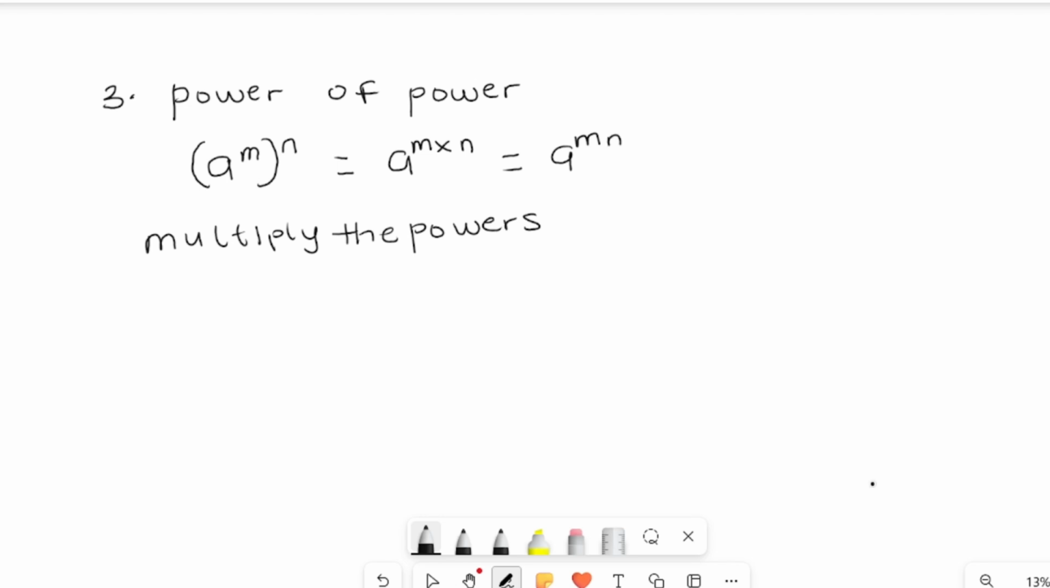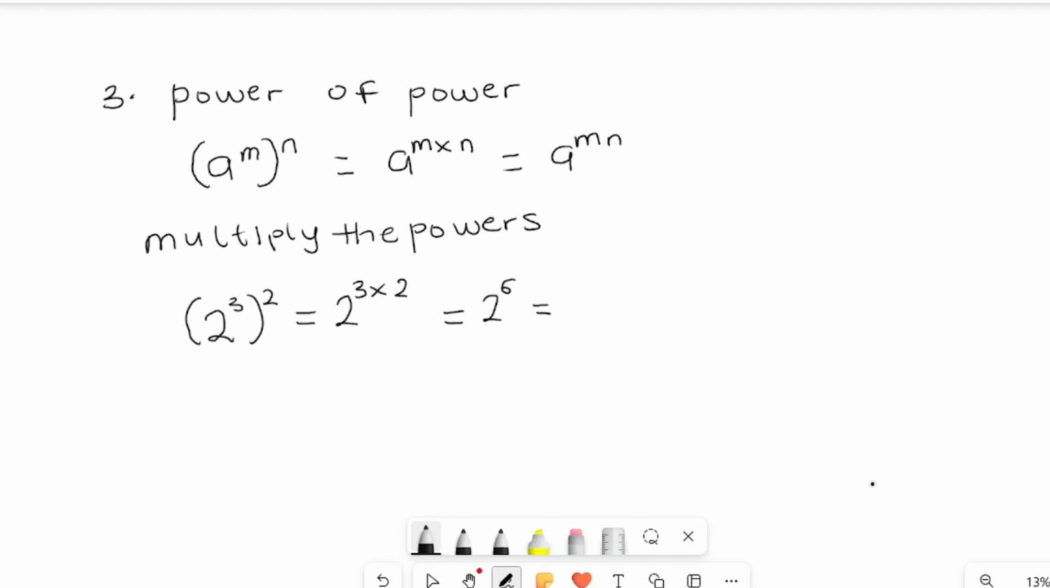Similarly, if we were to use a number, let's say 2 raised to power 3 raised to another power 2, our answer will be 2 raised to power 3 times 2, which will give us 2 raised to power 6. And if we further expand, 2 raised to power 6 is simply telling us